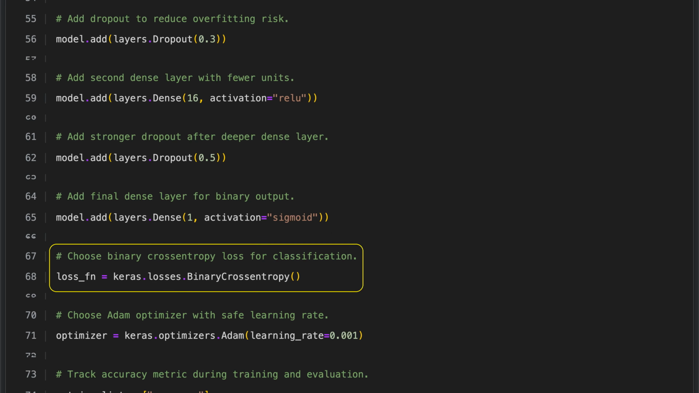We use the binary cross-entropy loss function from Keras because it is well suited for binary classification problems, where the model must distinguish between two classes. This loss function compares the true labels with the predicted probabilities and measures how different they are. By quantifying this difference, it tells us how well the model is performing during training and guides the optimization process